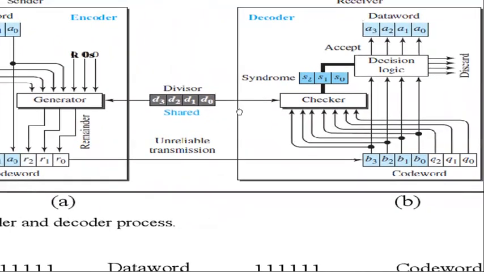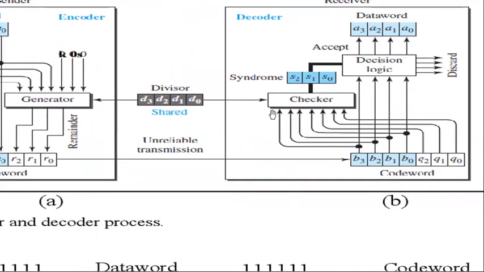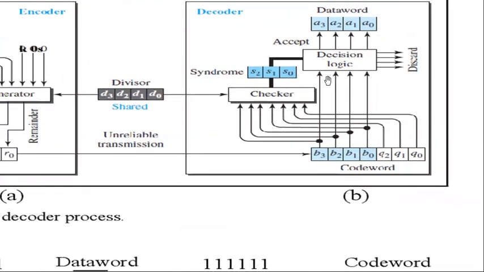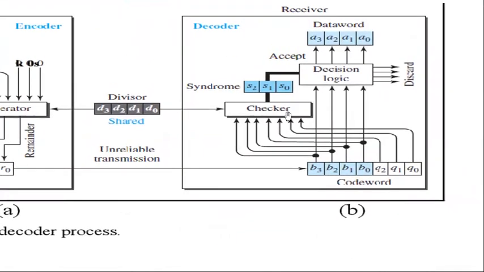Now the decoder may receive the correct code word, or it may receive a corrupted code word. That is fed to the checker, which is similar to a generator, and the remainder produced by the checker is a syndrome, that is of 3 bits, n minus k, which is fed to a logical analyzer, and the analyzer has a simple function. If the syndrome bits are all zeros, or the remainder is all zeros, then the code word is accepted, and in the code word it takes the first 4 bits as the data word. If the syndrome is not 0, then it is discarded.